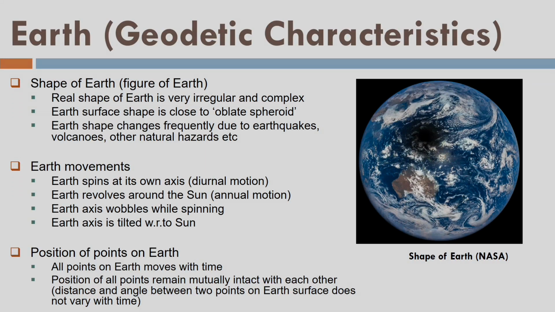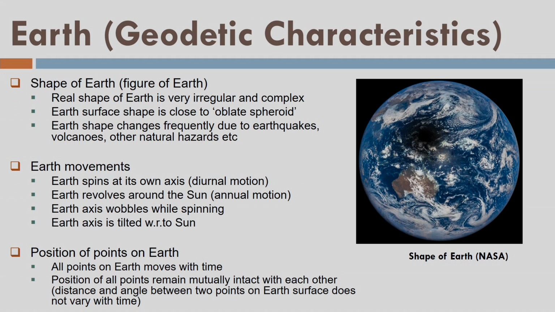But now for large areas, we should consider two important factors. One is the gravity potential, because on each and every point on the surface of the Earth, gravity varies. And remember that we are using the direction of gravity to measure our vertical heights. And then we should also take the 3D observations simultaneously. That means I should not separate two-dimensional survey and one-dimensional survey at any cost. So if we acquire the 3D data simultaneously, that is x, y, and z, where we also consider the gravity potential of each and every point, that will be the wonderful and the best approach. So let us look into this.